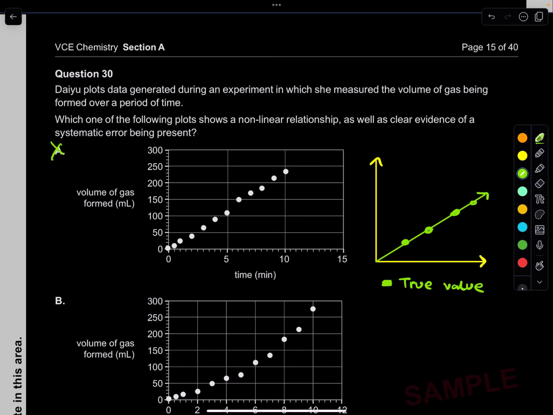What systematic error basically is, is that it's still uniform. You see the points lie perfectly on the line, but they are wrong. And normally systematic error occurs because something's wrong with your, what do we call it? Equipment. It's normally equipment. And this is your systematic error. You can see how they're uniform. They look related to the true value, but remember,